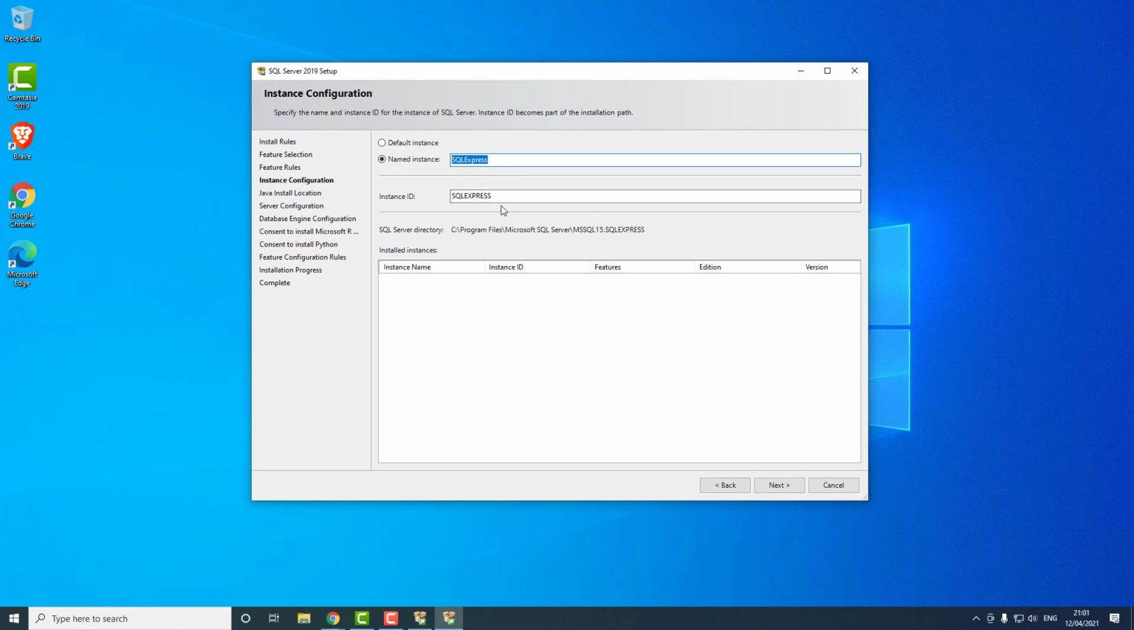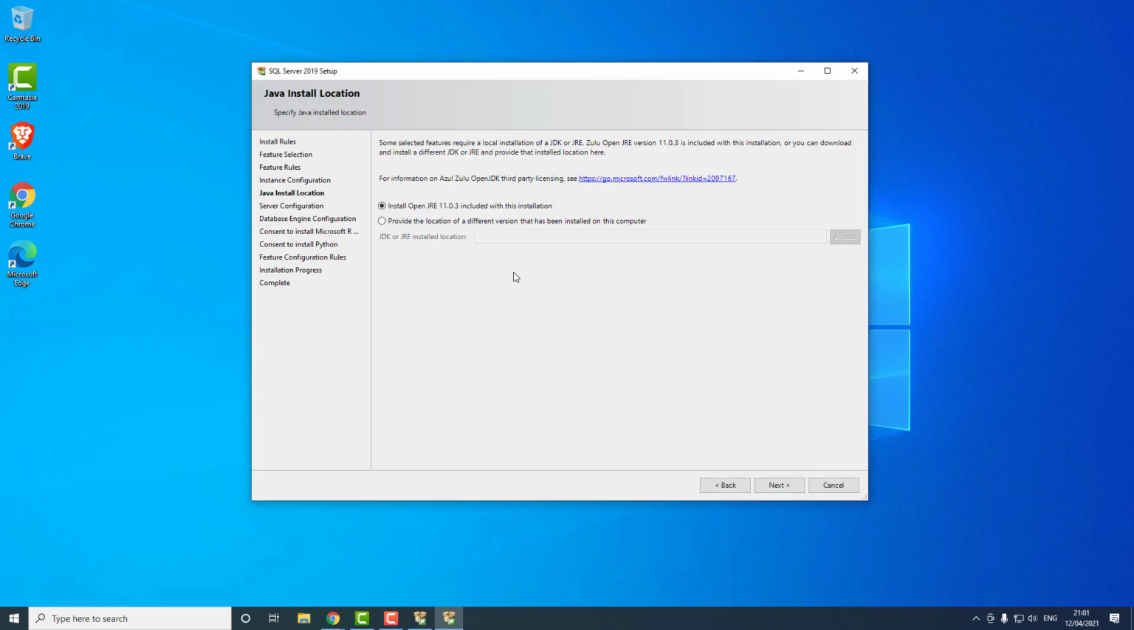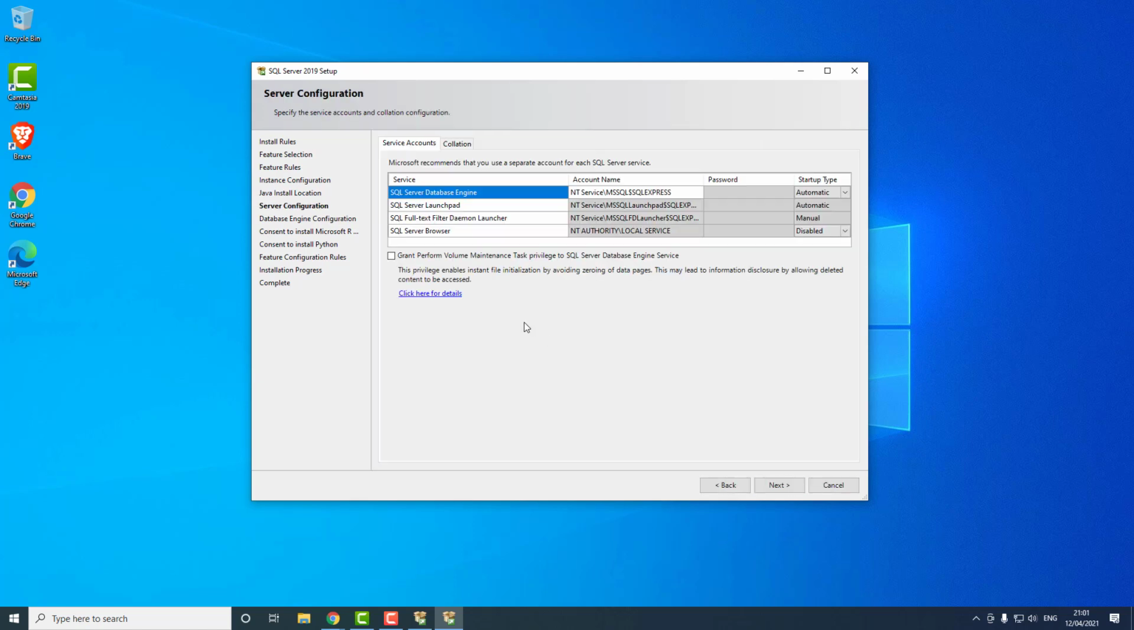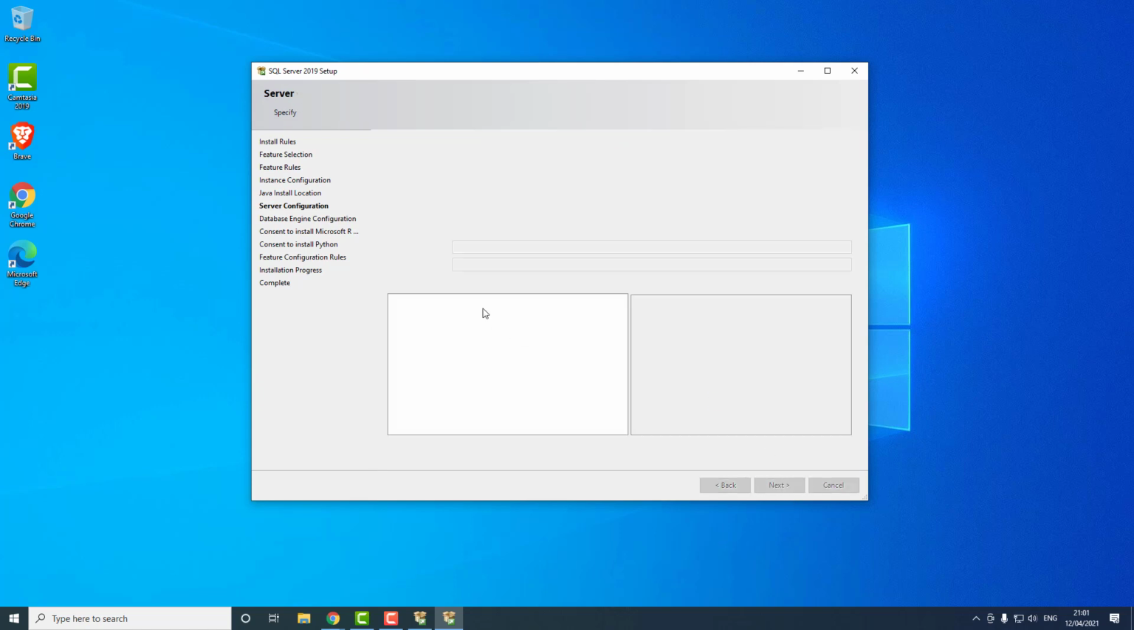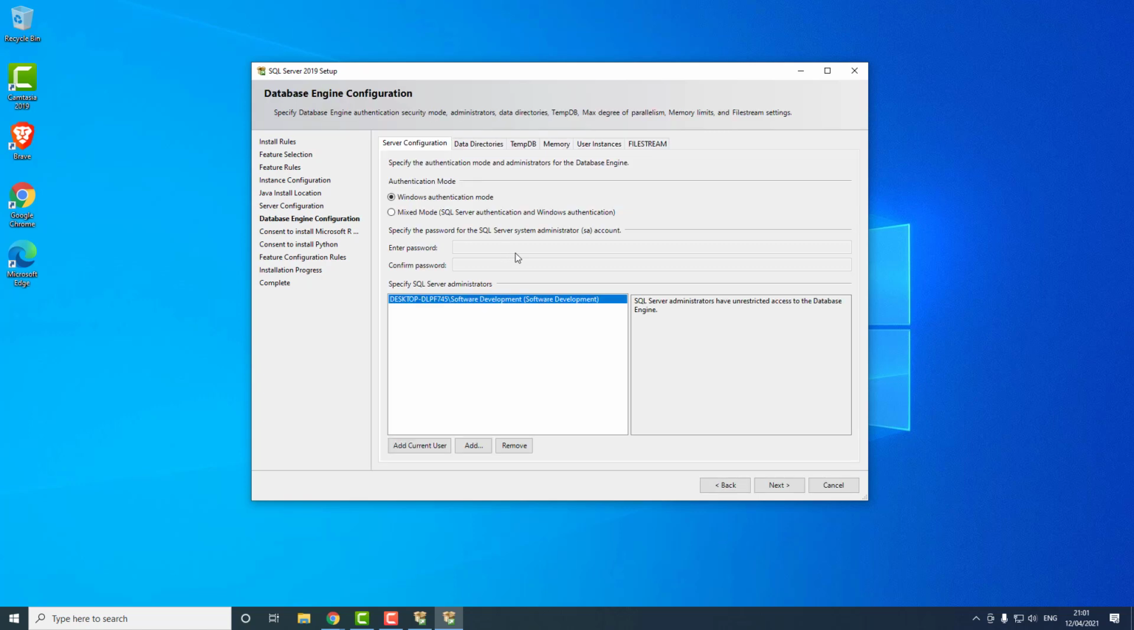So it will be called SQL Express and instance ID will be also SQL Express. So I will just click next. This installation of my Windows machine is completely free without almost anything else installed. So I will click install and open JRE if it needs it. Alright, here I will just click next. So here you can select a few things. I will just leave everything by default and I will leave also Windows Authentication mode. This is the easiest way how to get the first access to your database. So I will click next,